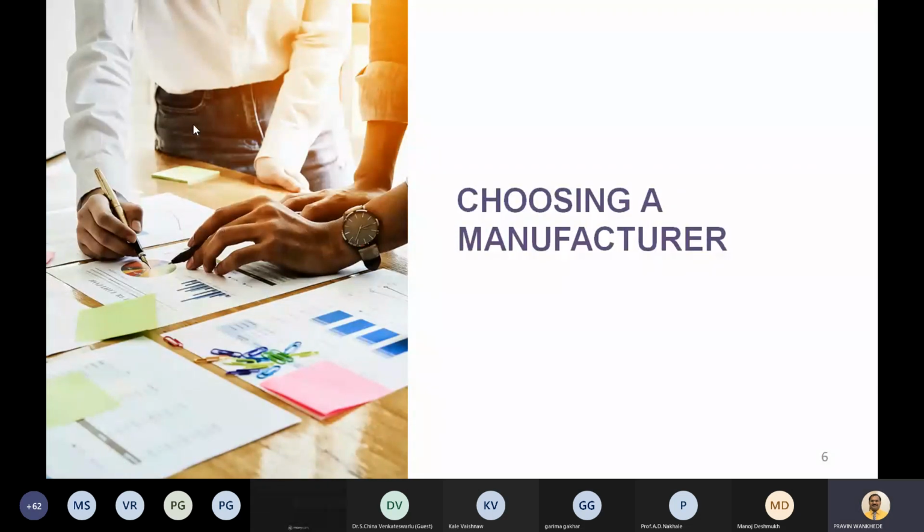Remember that choosing the right manufacturer is a very important key factor in a successful product launch. When choosing a manufacturer, it is a good idea to begin as early as possible. What it actually means is, suppose your prototype is already developed, and now you are moving ahead to make your development or prototype ready for manufacturing purposes. In that case, you have to decide among different manufacturers which should provide you all such things which are required for volume production.